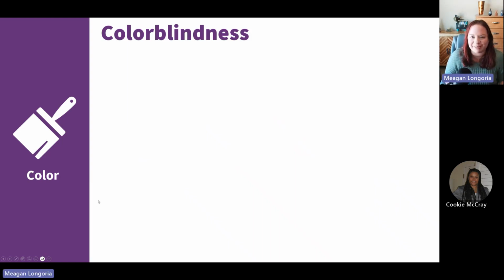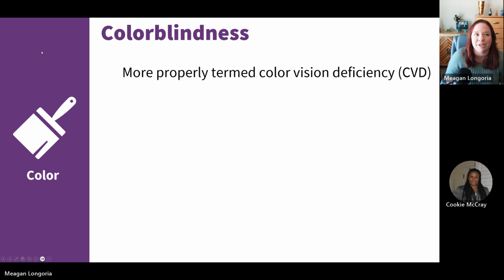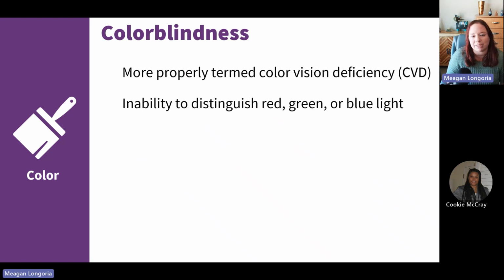All right, color blindness. My soapbox is that most people can see color. Even the color that they have trouble seeing, they see some version of it usually. It's not like they're completely red blind most of the time. They're usually red weak or green weak. There's also blue weak. So when you look at the statistics, more people have color vision deficiency. They're never completely colorblind. Even if it's one color, they're usually weak in that color instead of completely blind in that color. So if you want to call it a more accurate term, it is called color vision deficiency, usually